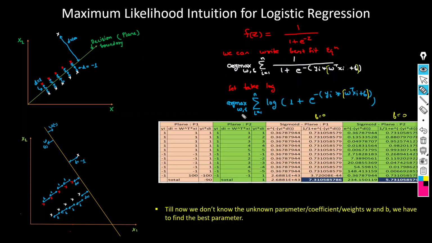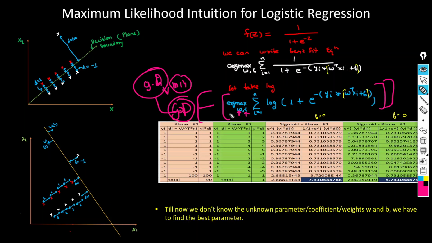So if you see here, we have to change the different W and B values. How can we do that? That we can do with the help of gradient descent, right? But gradient descent will minimize the value, right? But here we are gonna maximize the value. So what we can do, we can take the negative of the log likelihood, then we can apply the gradient descent, right? In that way we will minimize this particular equation. So that we will cover in our next video. What is the maximum log likelihood?